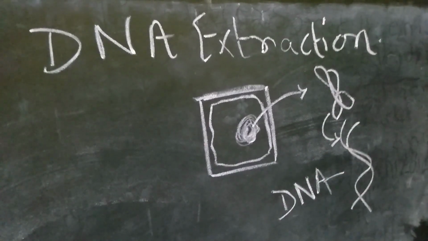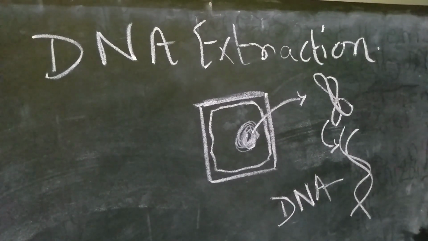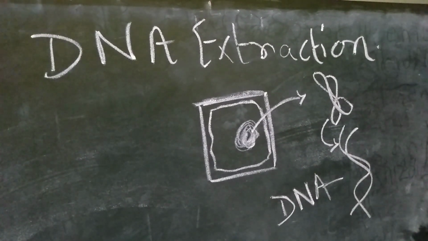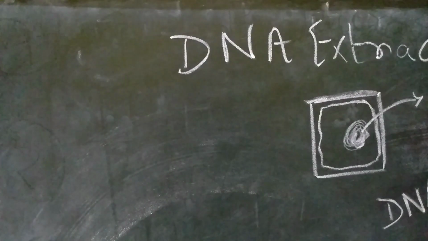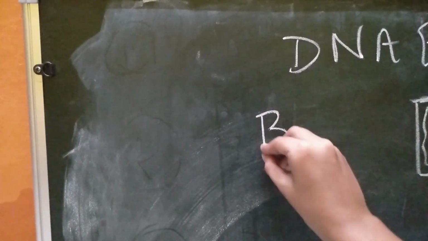As you all know, we cannot see the DNA double helical structure with the naked eye. So obviously we will see a cluster of DNA molecules along with other histone proteins. The proteins and RNAs are also there. Students, in this experiment we will be taking the plant tissue as the banana.